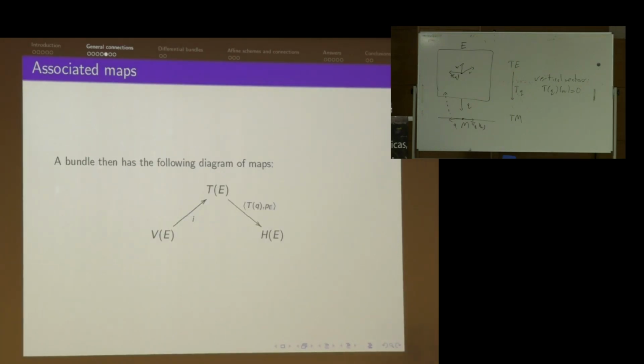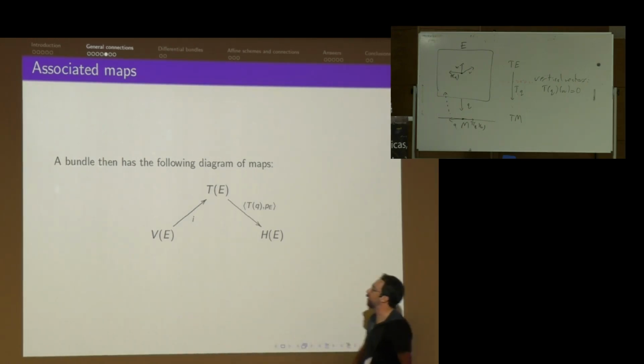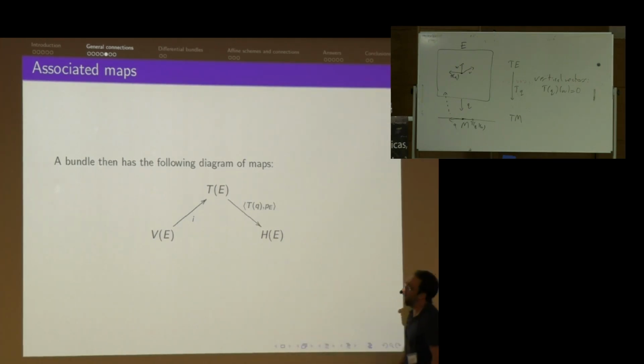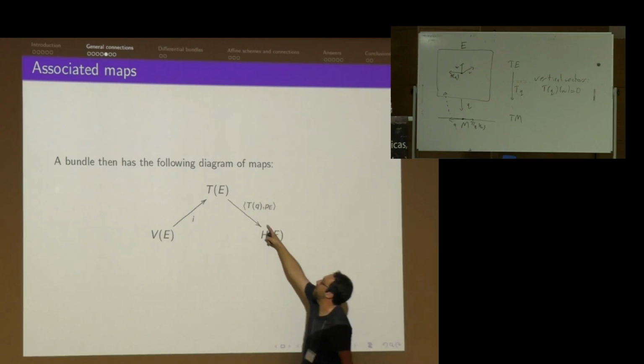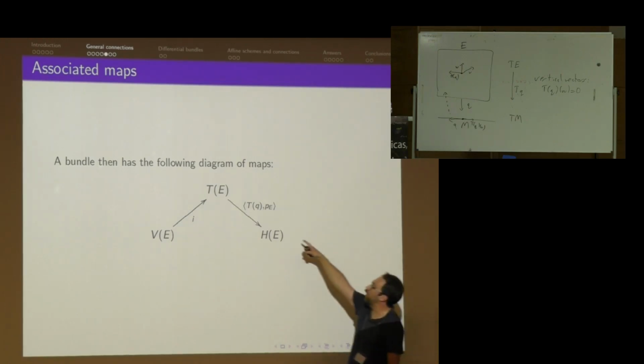So then when we've got this t-display map, this abstract bundle, we've got the inclusion of the vertical vectors into all the tangent vectors upstairs. We've got this descent going from the tangent bundle down to the horizontal bundle, where one component moves this thing downstairs. The other keeps track of the original point we're on.